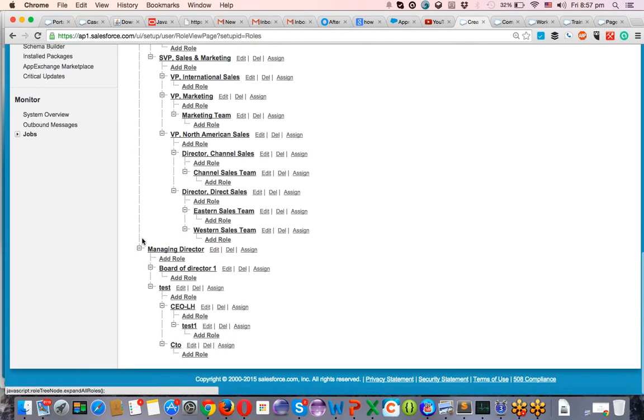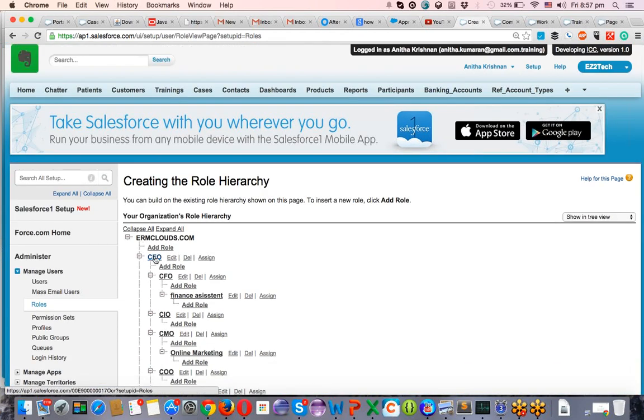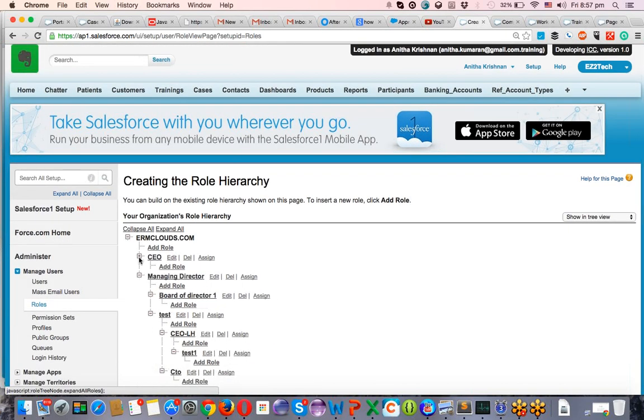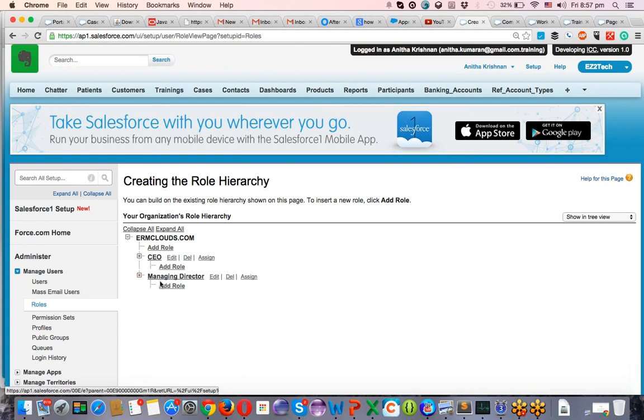And the managing director is the person who is not reporting to CEO, but who is very next to CEO. He is on the board of directors. Okay. Managing director is not the head of CEO either. CEO and managing director are sitting very next to each other. That means this is the board of directors governing team. He will be head of the board of directors. Okay, and CEO will also be working parallelly with him, because this guy is not reporting to him and this guy is not reporting to him. These both are working with each other to make this company good. Okay.